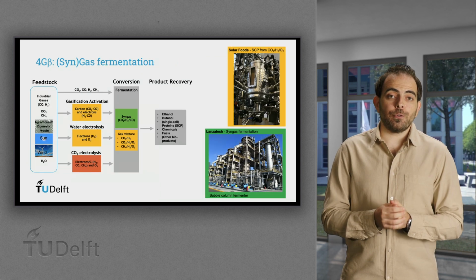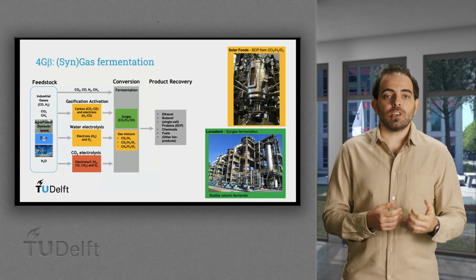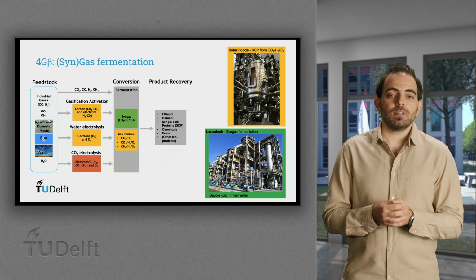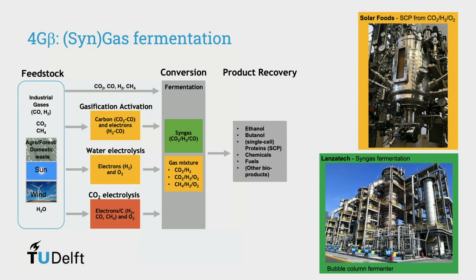Another concept of generation 4 bioprocesses is a direct fermentation of C1 gases. Several bioprocesses are being developed at the moment. The most advanced one regards syngas fermentation. LanzaTech is a company that has scaled up syngas fermentation to commercial scales in the last few years. The syngas they used at this scale is mainly sourced from industrial flue gases, such as from steel manufacturing, though they also tested syngas from biomass gasification. The main product they have made at industrial scale is ethanol to date.